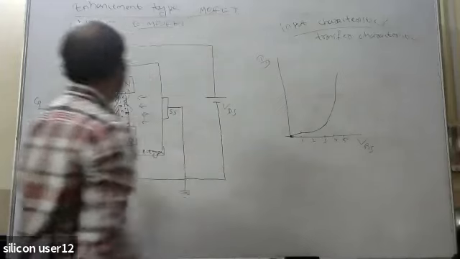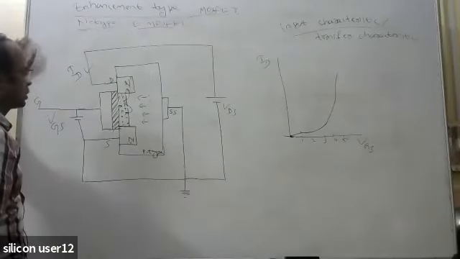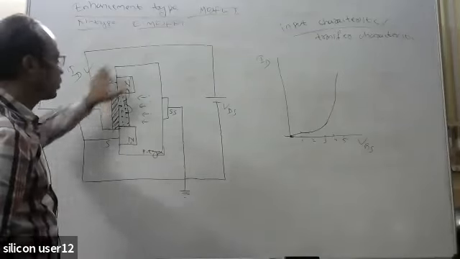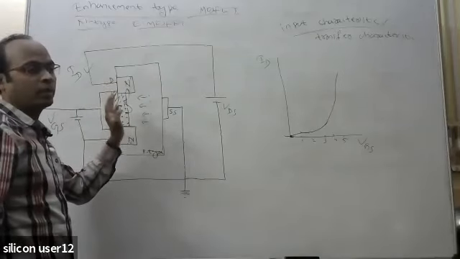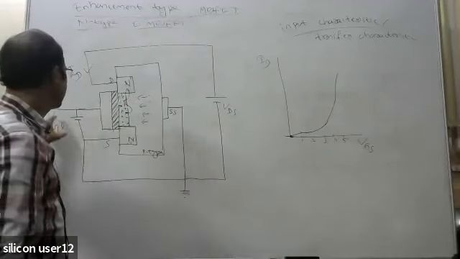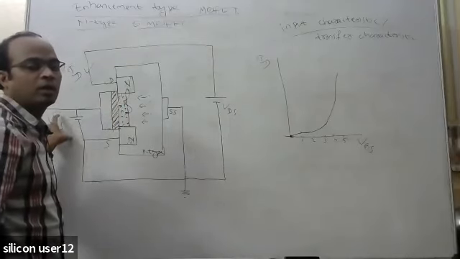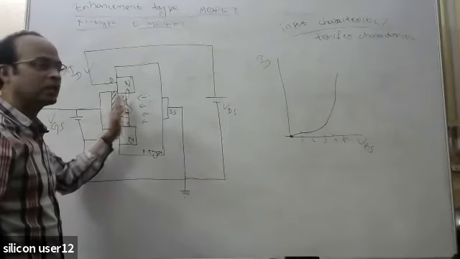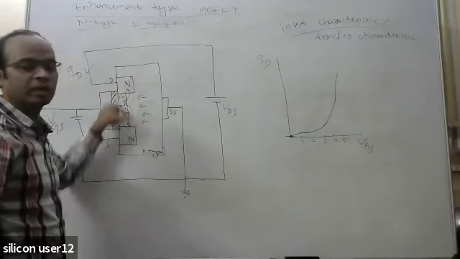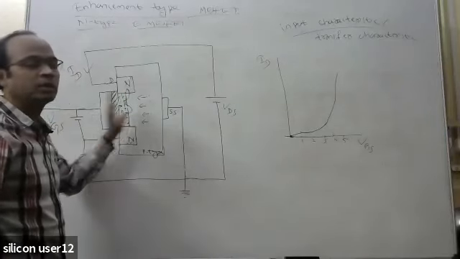So there is a particular threshold voltage concept. What is that threshold voltage? For a particular device, a threshold voltage is a given parameter. Let us say for this device, the threshold voltage is 1 volt. Initially you applied 0, no channel is there. After that you apply 0.1 or 0.2, the channel is gradually being created, but it is not completely created. Even at 0.8 volt, the channel is still not formed.